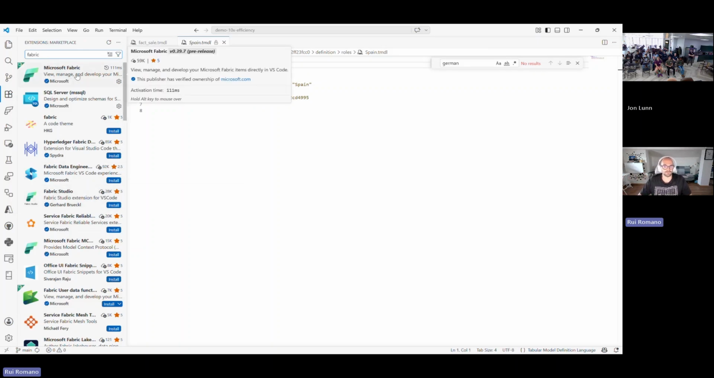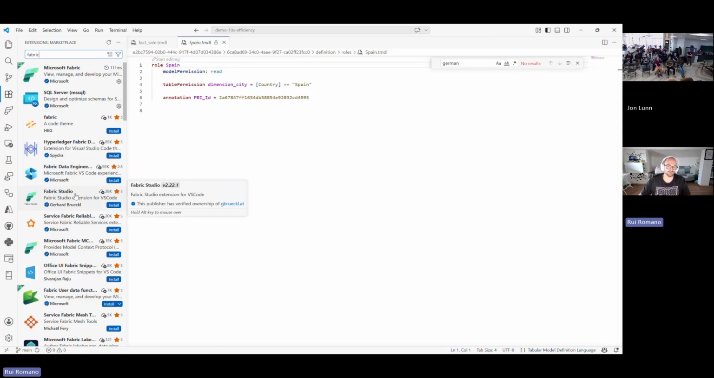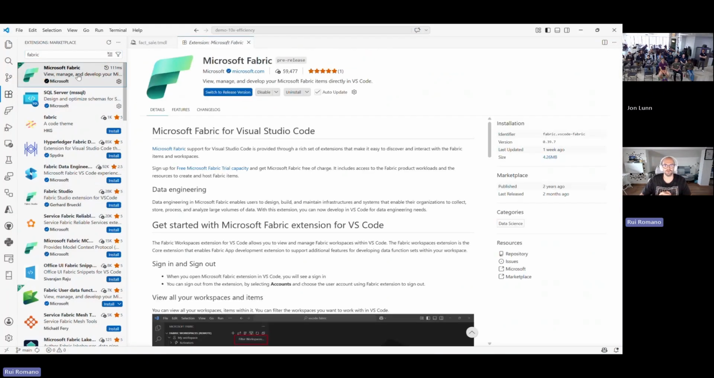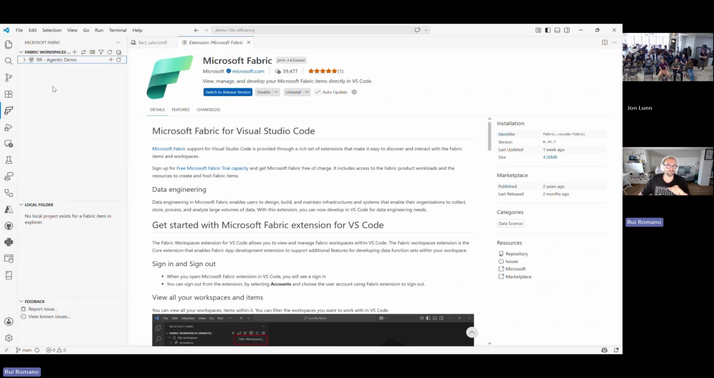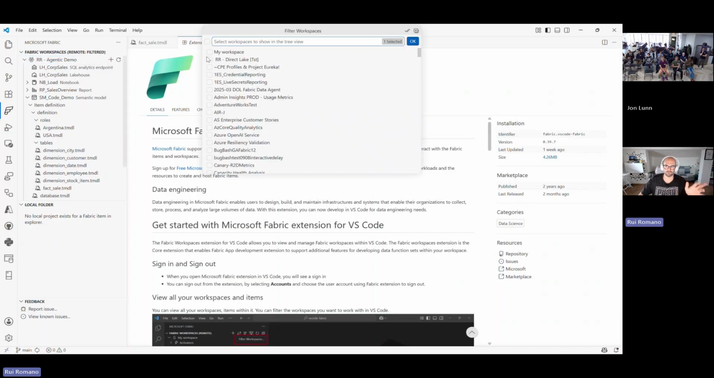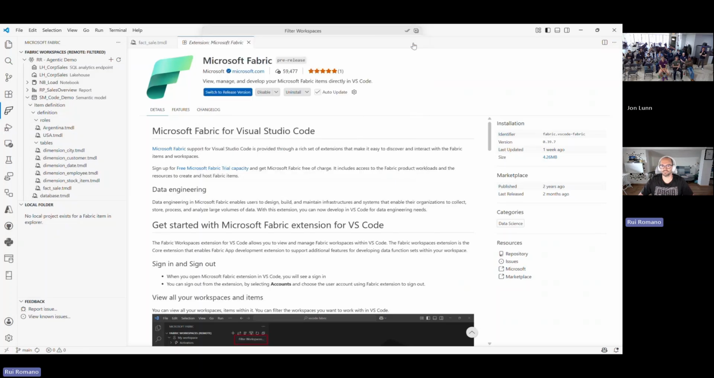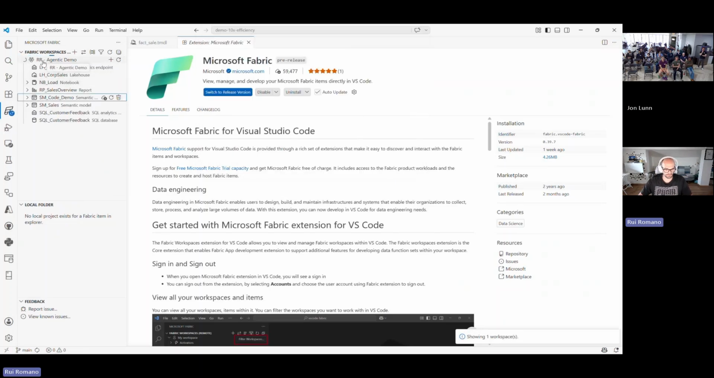But we also have one in Microsoft. So both, actually Fabric Studio even has a lot more functionalities, but this one is more focused on just exploring the definitions of the item. So if you install this extension, this gives you a view of all the workspaces you have access to. I already pre-filtered the workspace to the workspace I want to work, so you can browse all the workspaces you have access in Fabric, and when you filter,